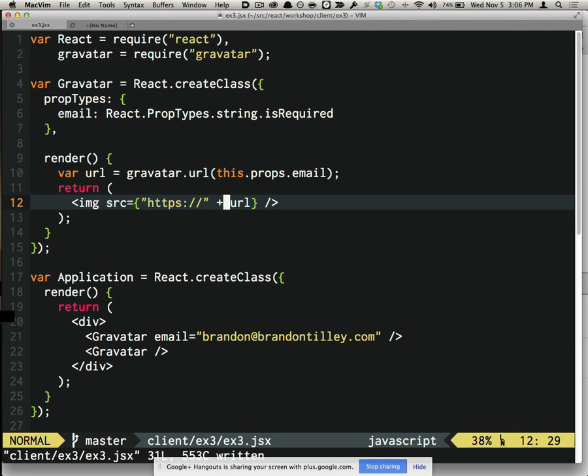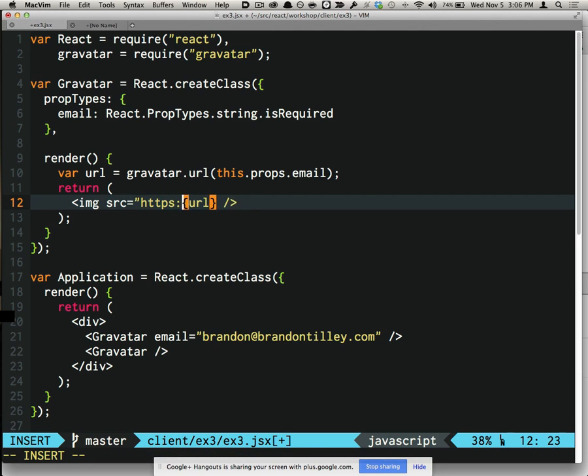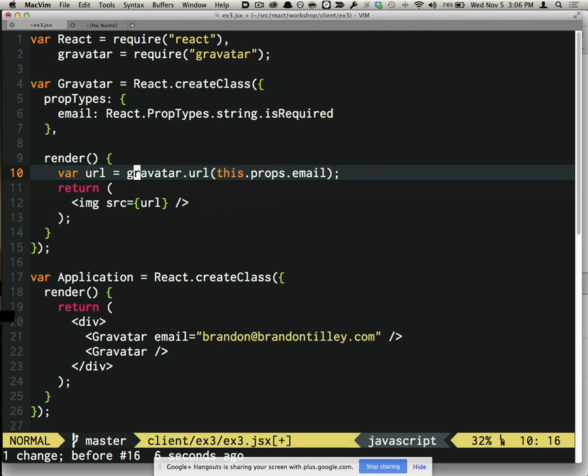Can you take that string outside of the evaluation and not use a plus symbol? You mean like something like that? Yeah, without the plus. No way to really do this. No, you would either want to put it inside the brace, or you want to,